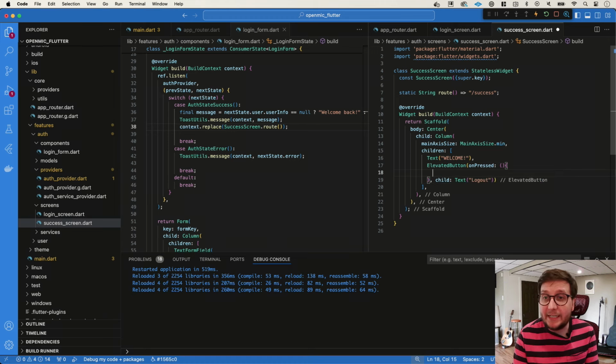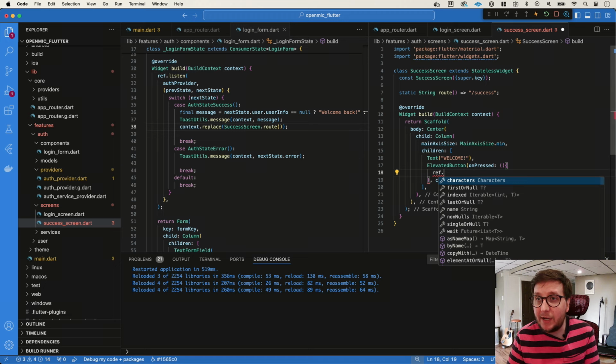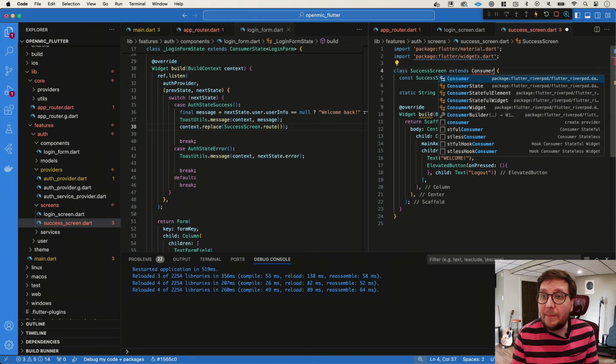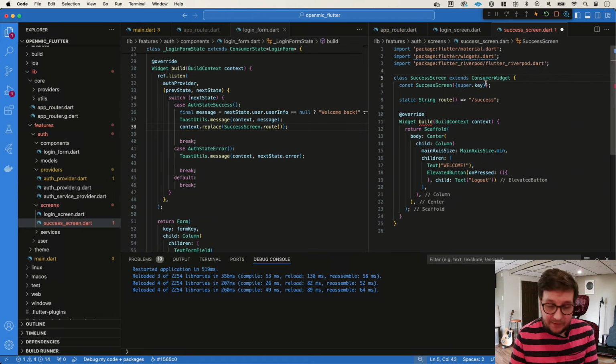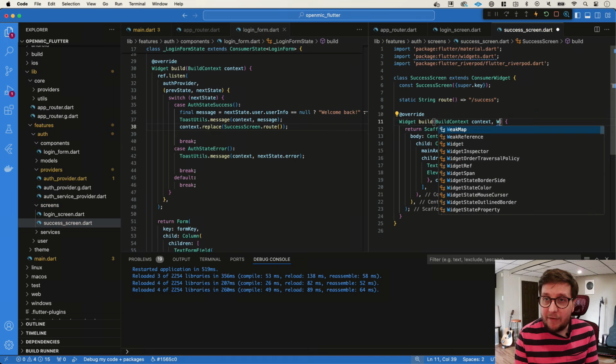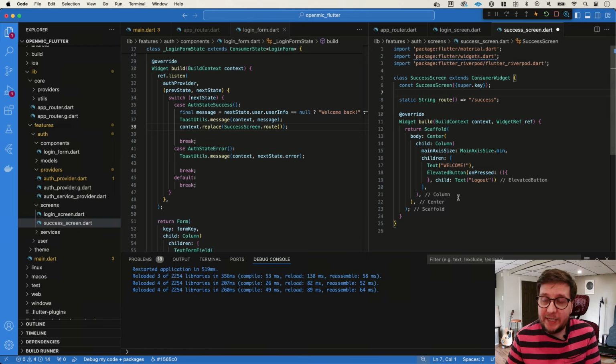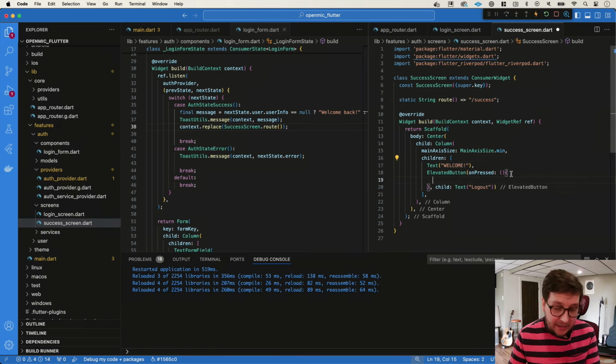now for this we need access to ref, and we don't actually have access to ref. So we have a couple options. We could change this to a consumer widget, which is what I'm going to do. Consumer widget, which means we have to now do this widget ref. Or we could have wrapped this in a consumer, which we've seen very early on in the series. And here now we can go